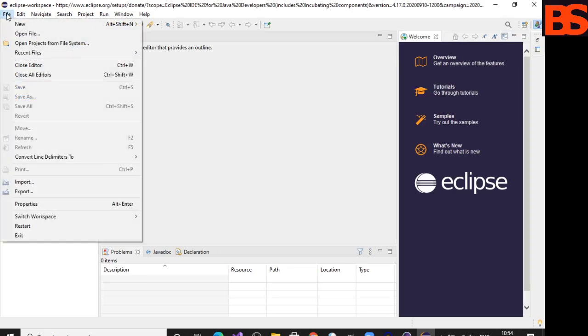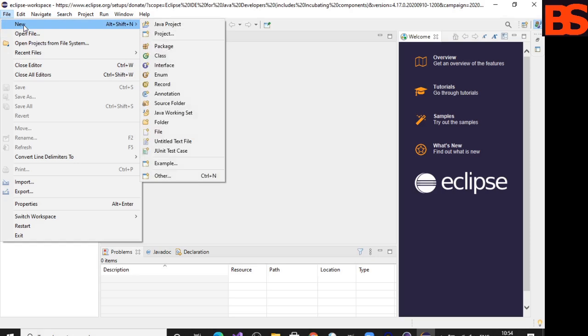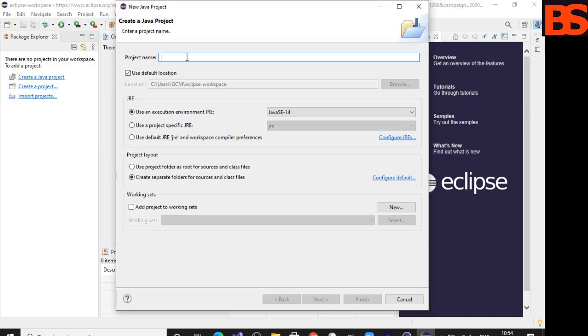Now I'm going to the File menu, then I'll click New, then Java Project, because I want to create a Java project, and here I will name my project Hello World.